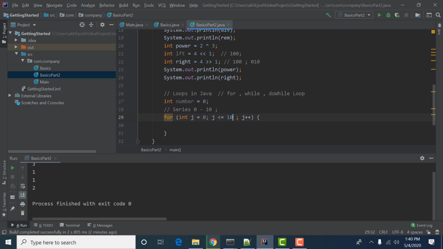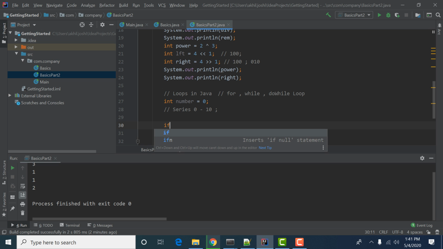I will also cover these two operators, which look weird to you right now. There are two other types of operators: greater than or equal to, and less than or equal to.